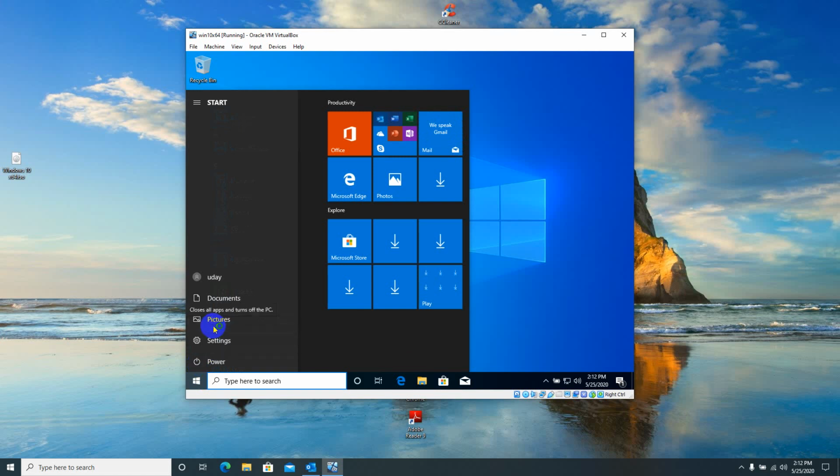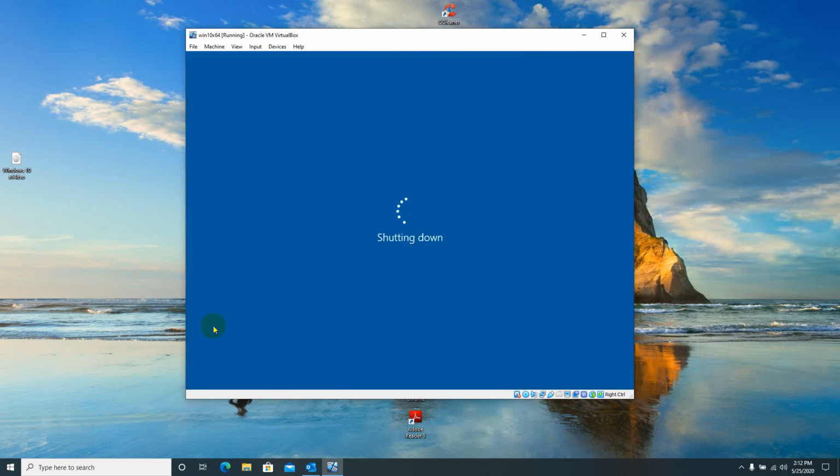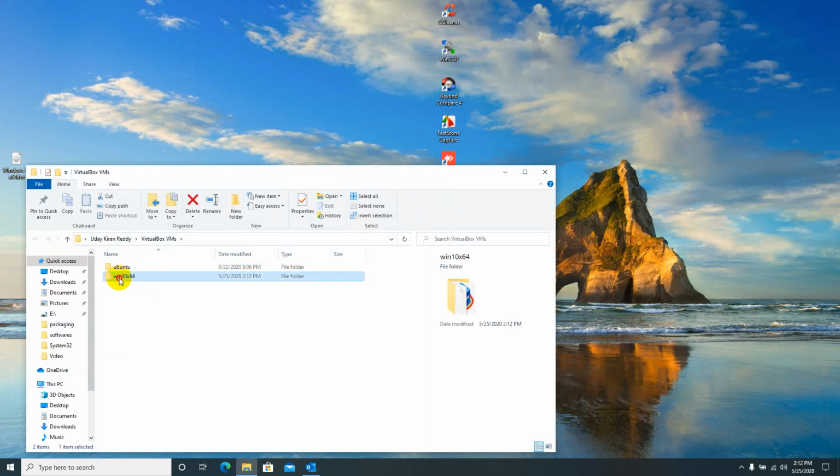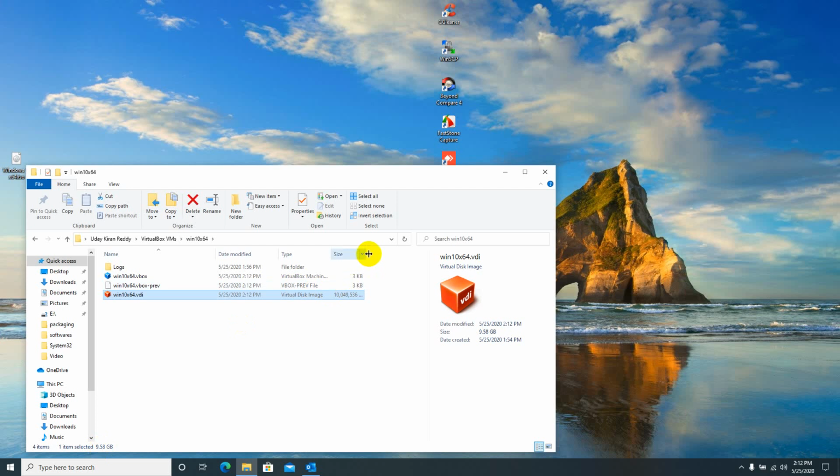Thanks for watching this video. Now I'm just shutting down the VM, and let's see where these VMs got saved. This is the Windows 10 x64 folder. This is the hard disk file. You see now it is showing 9.58 GB after the OS installation. If we keep fixed instead of dynamically allocated, this file size will be 50 GB, even the first time when it is showing 2 MB, at that time also it will show 50 GB. The space is allocated and internally the data is just zeros, void.